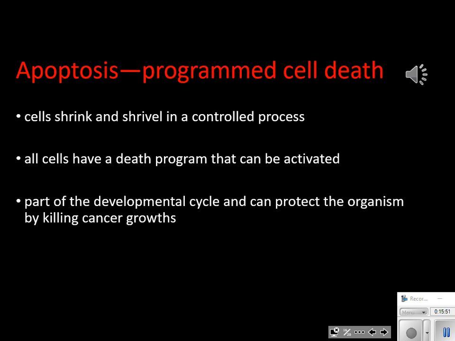Not a big deal. If something goes wrong, the cell goes into programmed death, and we never see any problem with it. But the problem could be, what if it doesn't? What if it doesn't go through that programmed death? That's where we're going to see the abnormal cells start reproducing,